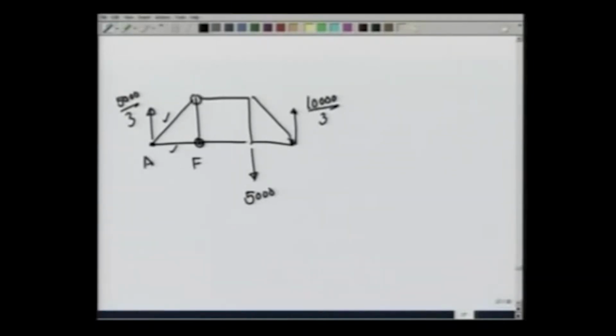A, B, C, D, E, or point B, I have two of the three forces. I have one force which is known, and therefore, I can calculate the other two forces. Let us go to point B. The pin at B